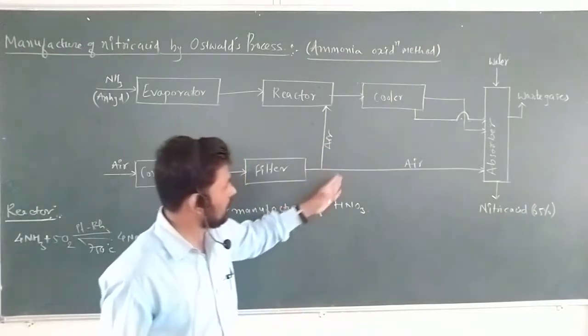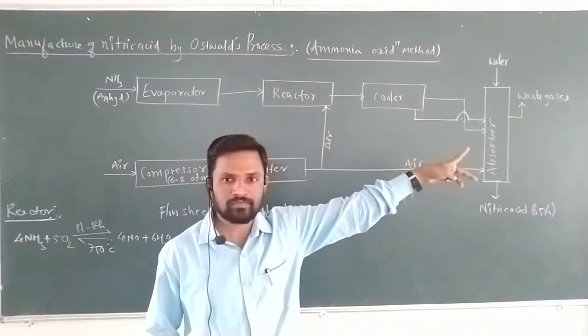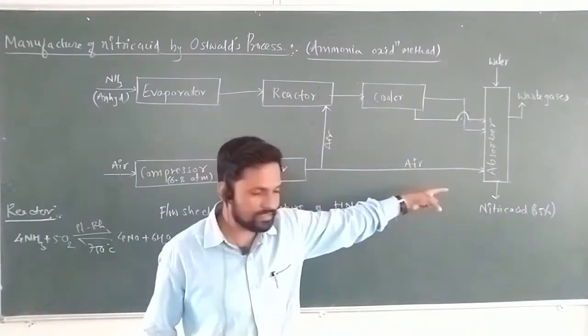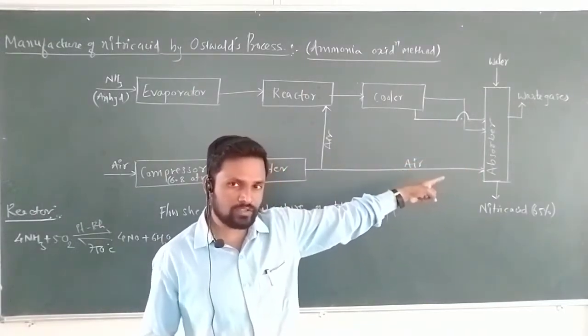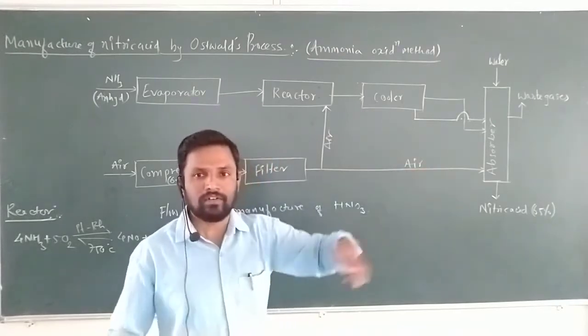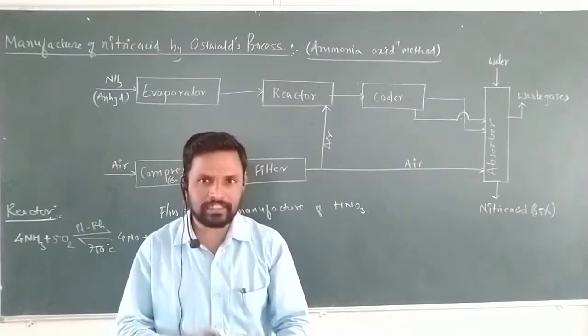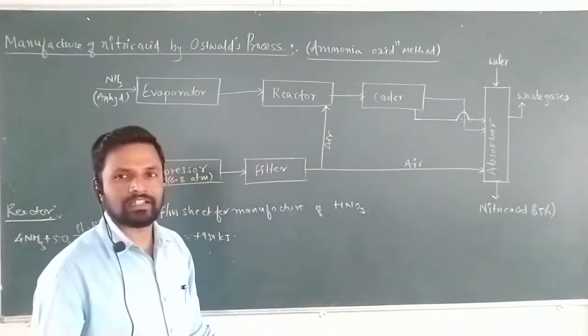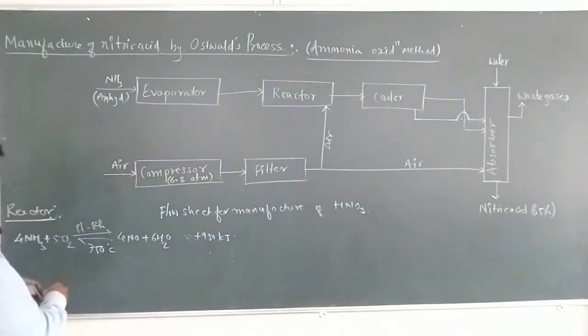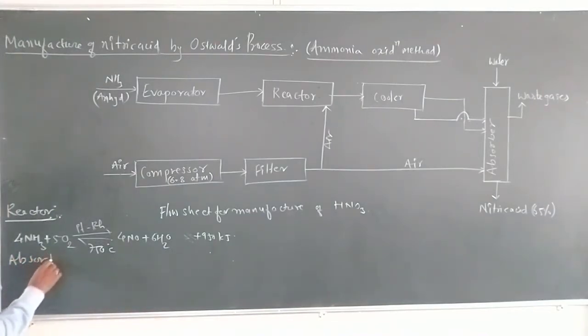The nitric oxide and the excess oxygen pass through this cooler towards the absorber, because on one side of the absorber we are also sending excess air, where the nitric oxide and the excess air further react and form nitrogen dioxide. So that is the second reaction, in the absorber. Now down to the reactions in the absorber. What types of reactions are carried out in the absorber?